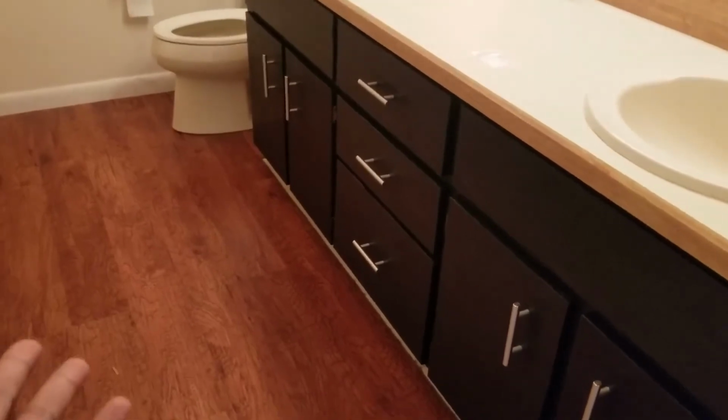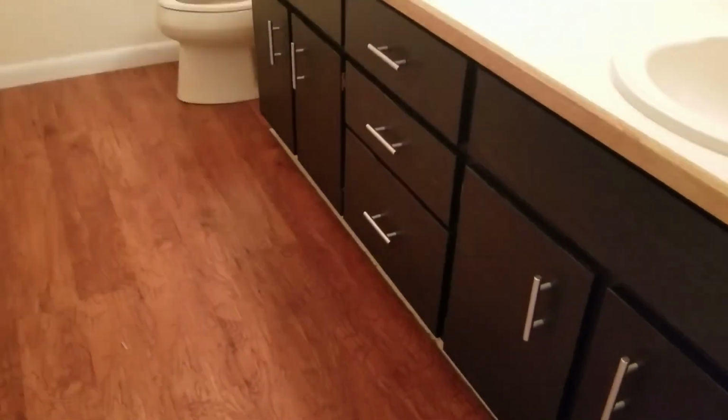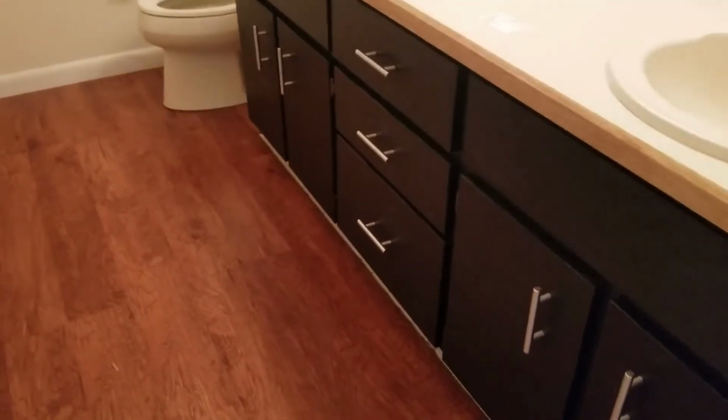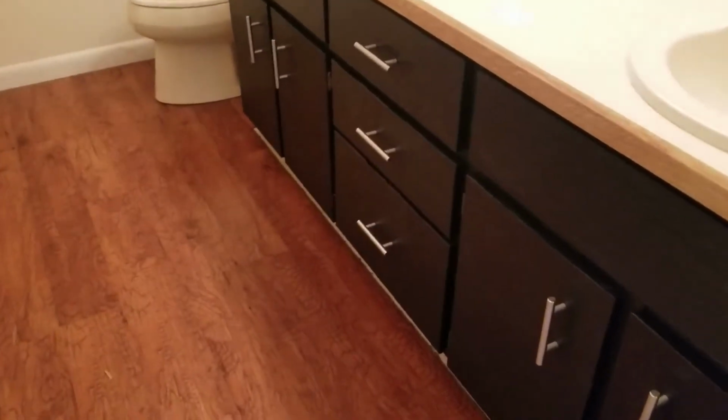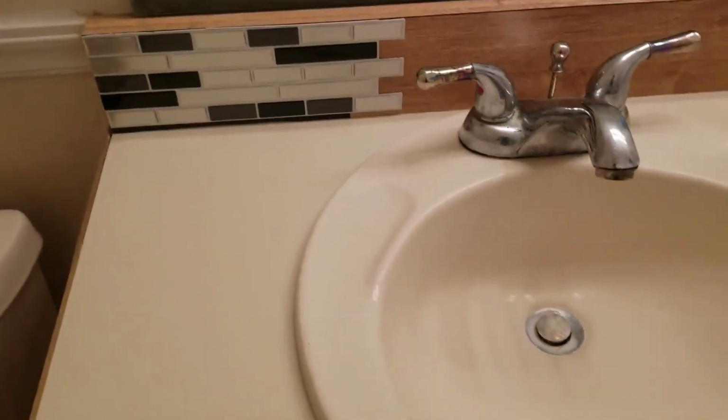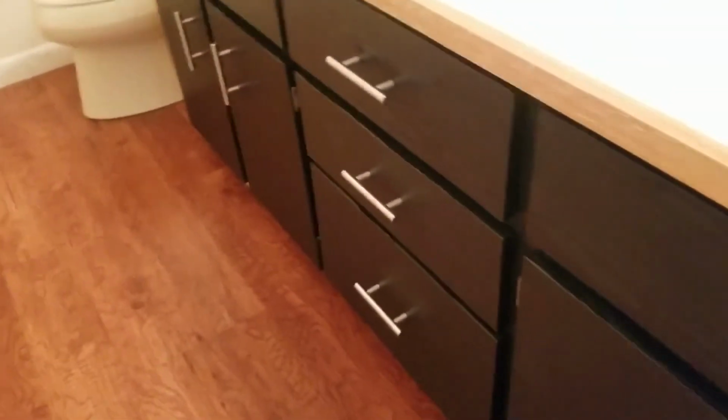Whoa! Handles are complete. I think they look so nice. I love them. I want you all to stay tuned to part 2, where we replace the sinks and do the marble contact paper along with this right here, tile edging. I am loving this makeover. I can't even believe it, but they look totally different. No more of the